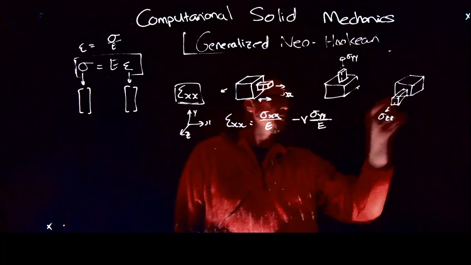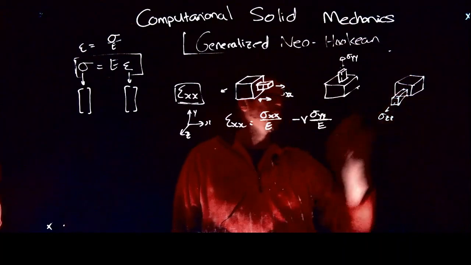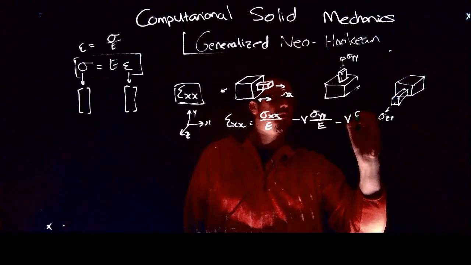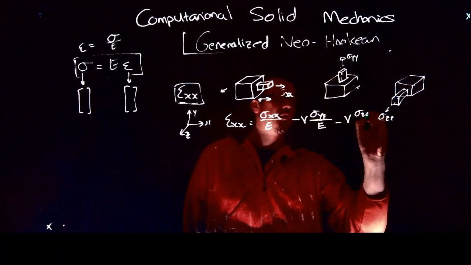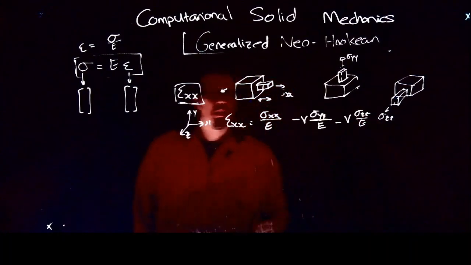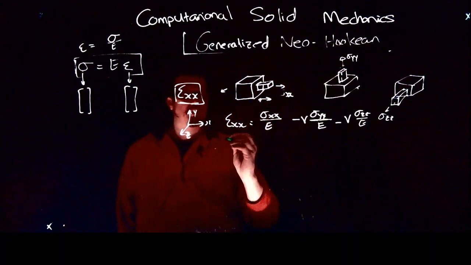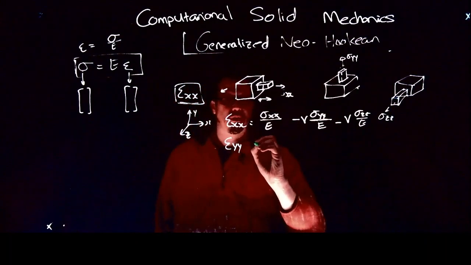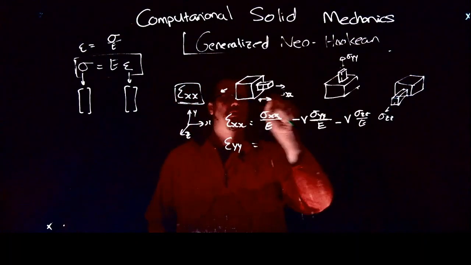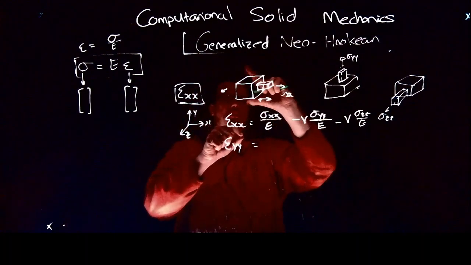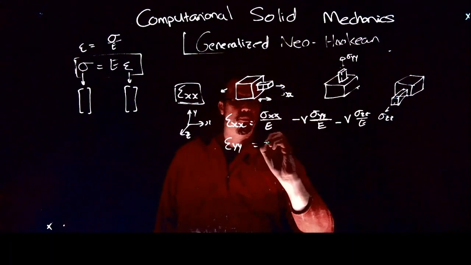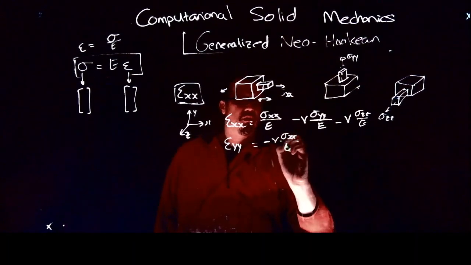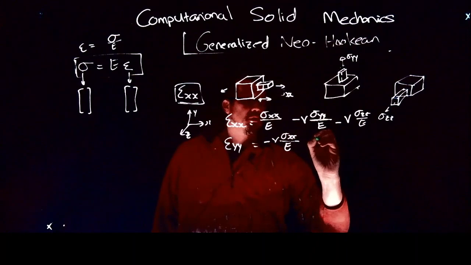But again, if it's positive, if it's tensile, then I want to see a contraction in the x. So that's going to be another negative of sigma zz over E. And I can follow exactly the same argument now to say, but what happens with epsilon yy? Well, exactly the same argument would hold. The contractions, if I pull in x and I'm asking now what's happening in the y direction, that's a Poisson's contraction there, so that would be then the Poisson sigma xx over E, and then it would be